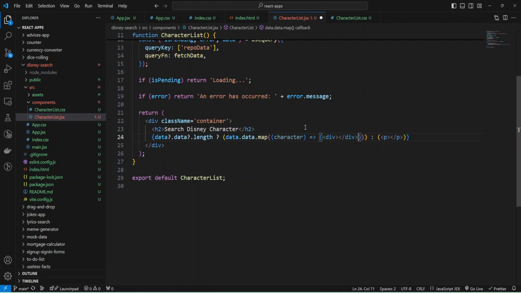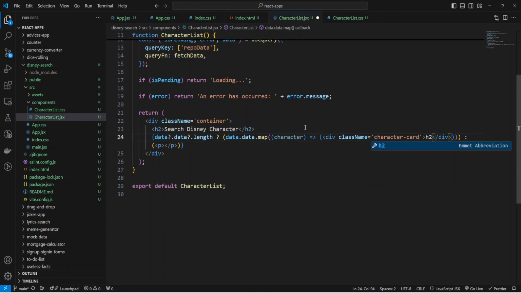Provide some JSX, and I'm going to add a div, and close this div, and we'll provide className, and className will be character-card. And initially, let's add an h2 tag and provide the character name.